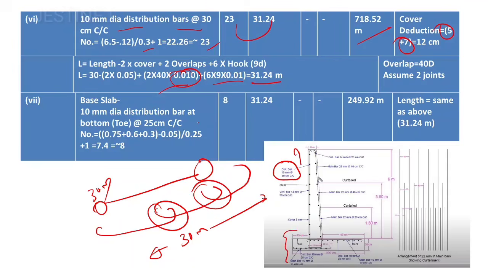And then coming to the next case, that is the base slab, and here also the 10 mm diameter bar at 25. So here if you observe this 10 mm diameter distribution bar, you can see that its center to center spacing is 25 centimeter. So here you can observe that this 0.75 plus this 0.6, then